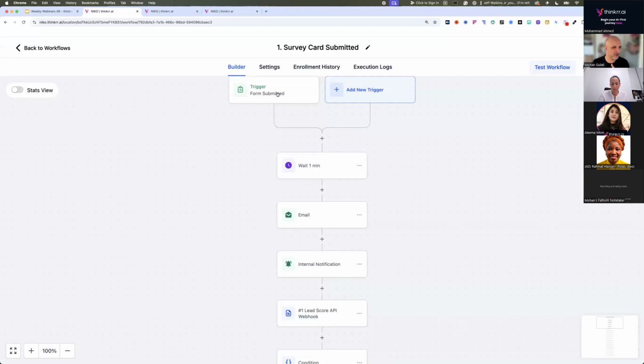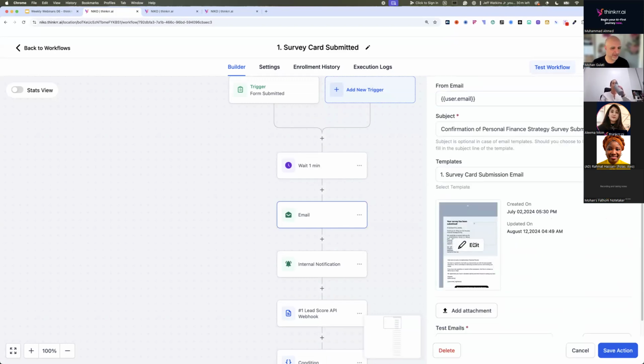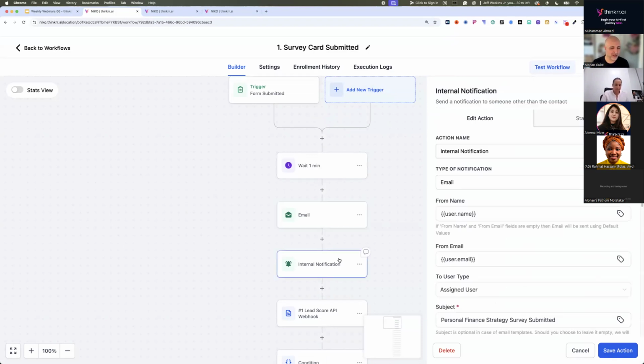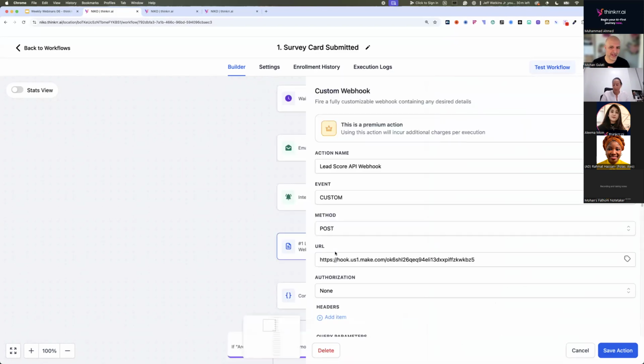is triggered when that form is submitted right away. They will get an email. By the way, all of the emails can be built in the email marketing templates that are here. So you can go into this, set it up to look like your brand, modify the language, use the custom fields, all that's possible. We then send you also a message so you know that somebody just submitted a form. And then we even do a little bit of AI here where we do what we call a score for that survey form to tell you how rich the data is and what type of a client or a prospect